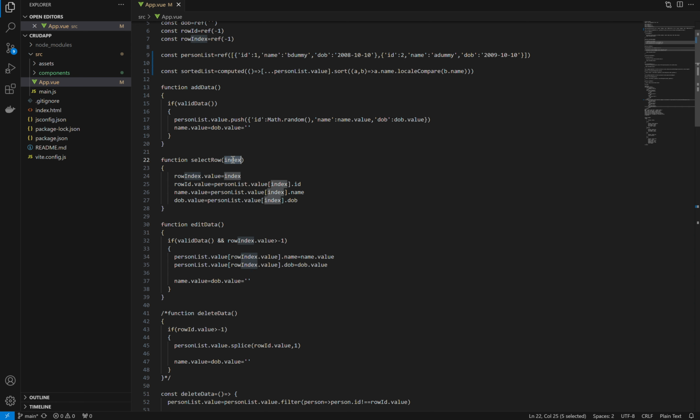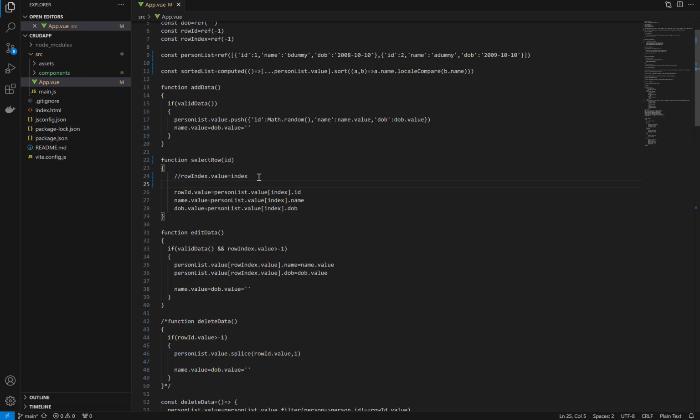So here I'll say ID, and I can get rid of this row index for now, which is of no use. So now I'll use the filter function of array person list. I'll keep the person list as the base copy and then make changes on that. Anyway, sorting is going to be applied on the fly. Use the computed property on this. So person list dot value